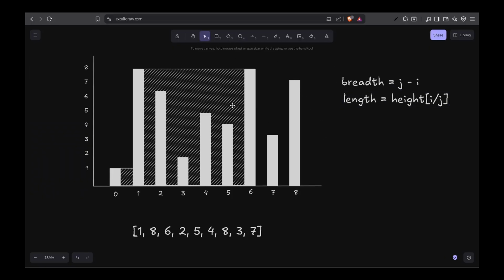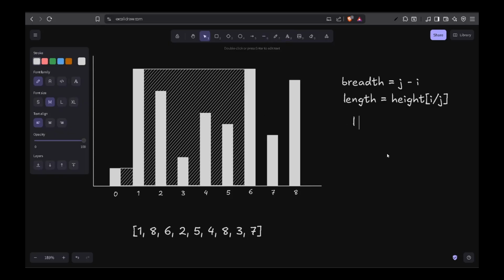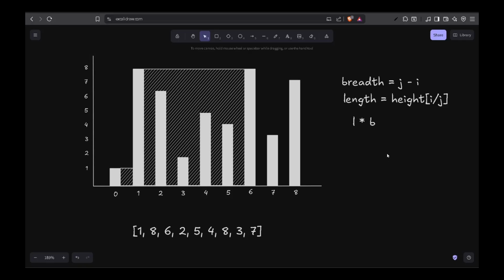So, as I said, the amount of water can be found by multiplying length and breadth, right? Length and breadth we are trying to maximize, right? We are trying to increase the length and we are trying to increase the breadth, which as a result increases the total amount of water or area, right? Now